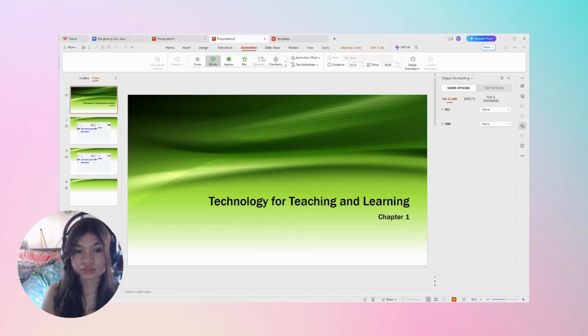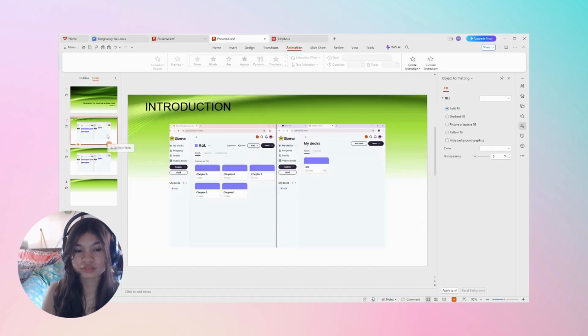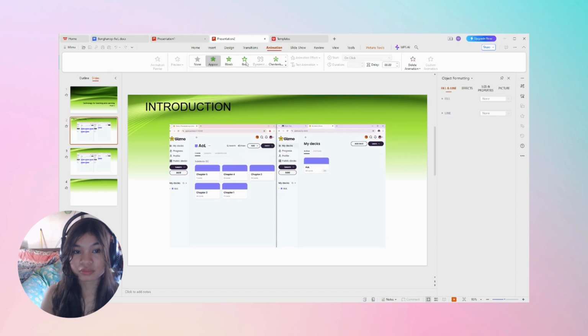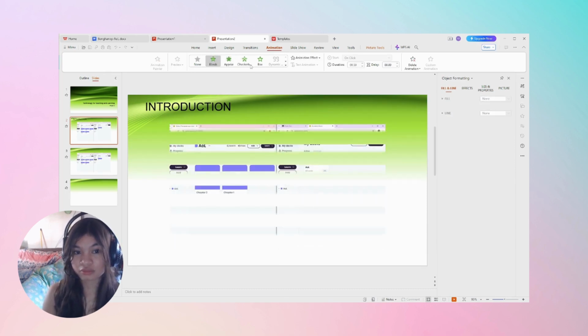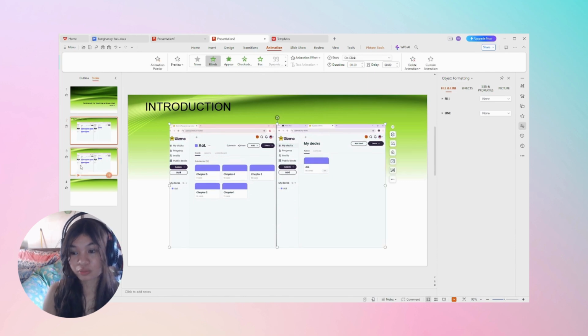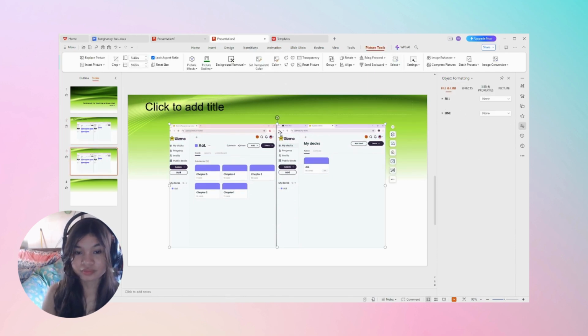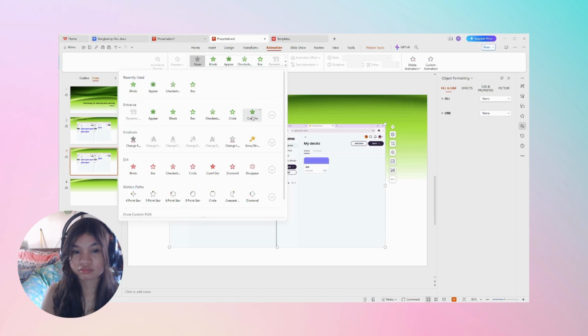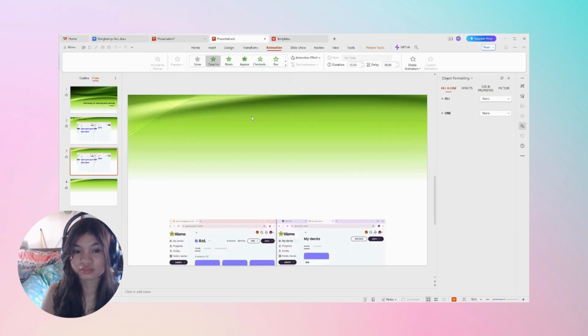So that, and that. And for your photos, you can also add an animation. Just click first the photo and add your animation. It's the same with the text. Like that.